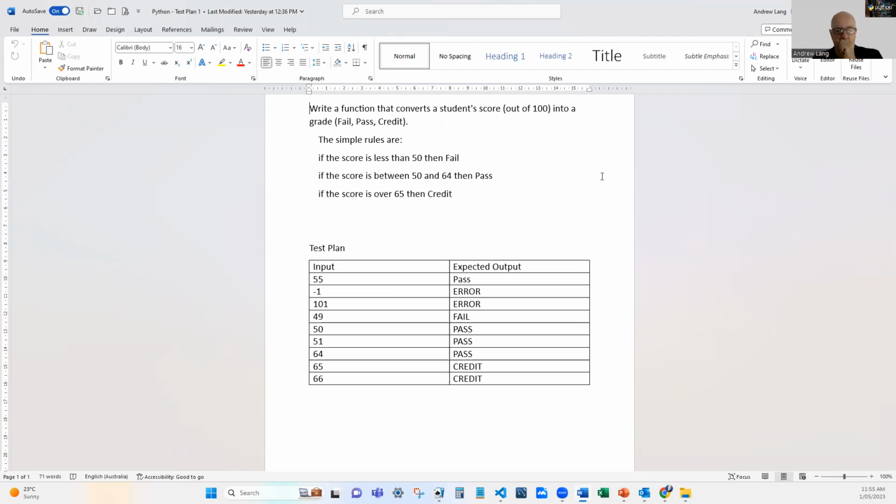I've only done 3 rules in there. The score's got to be between 0 and 100, and if it's not, then we should have a fail. So I created a number of test inputs and what I expect the outputs to be. In the last video, I showed you how to code some of those and run it and see how we go. So now if I go to Visual Studio Code,